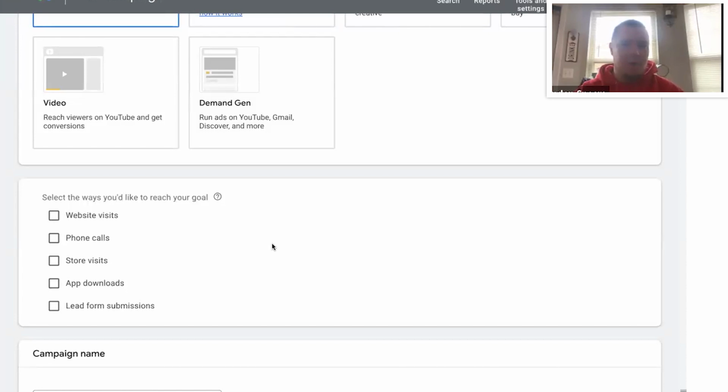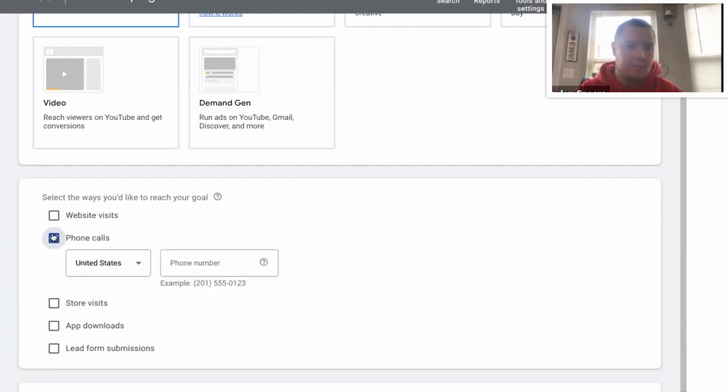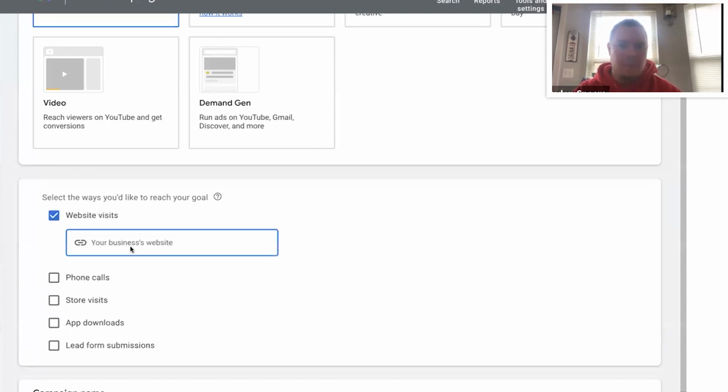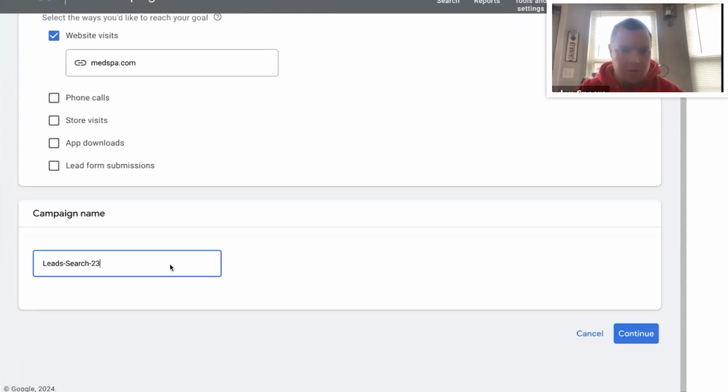This is the first important selection. If you are in a niche that you want to run call only ads, you must select phone call, or you will not have the option to build a call only ad at the campaign level. If you do not put your phone number in here, it's not going to give you the option. But in this case, we're using med spa, so we're just going to put medspa.com in here. And then always name it,